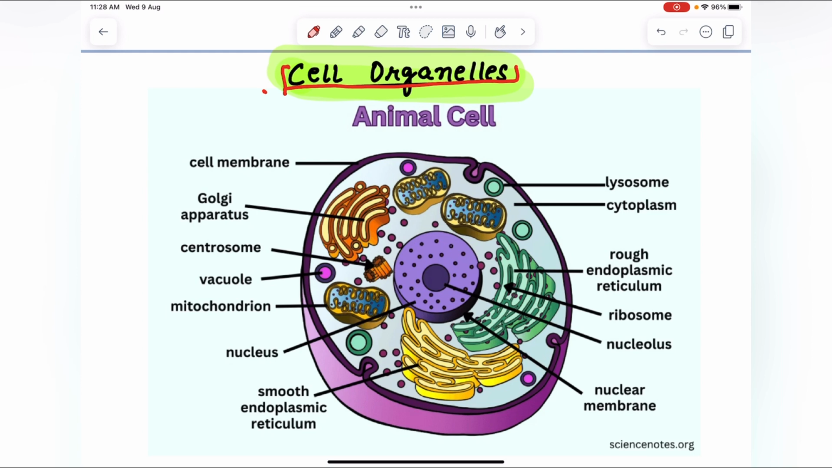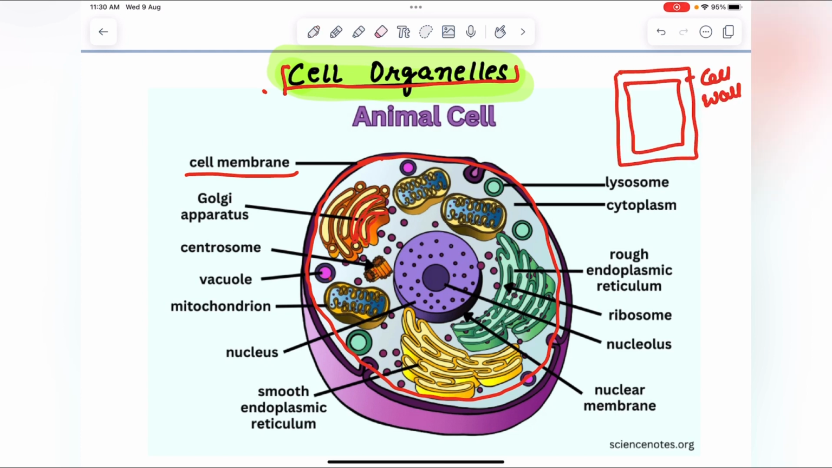First one is this, the outer membrane you see, which is the cell membrane. In a plant cell, one more membrane is present outside the cell membrane, that is called the cell wall. So in this animal cell the outermost covering is the cell membrane, and in a plant cell the outermost covering is the cell wall. The cell organelles present in the cell are